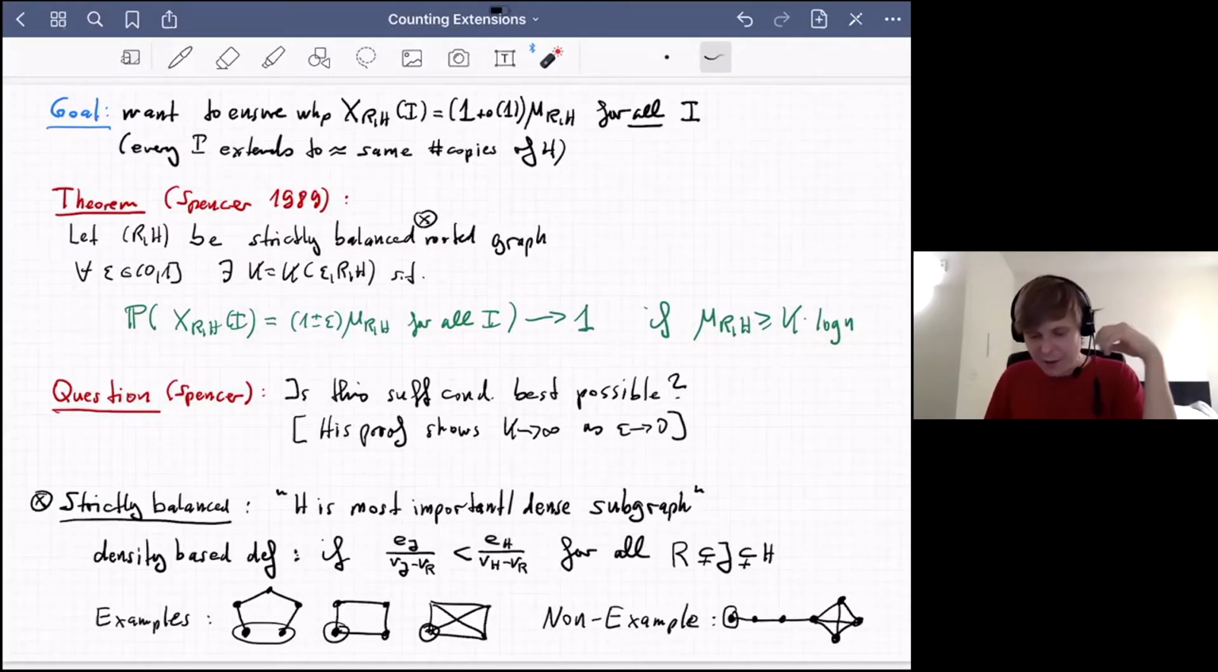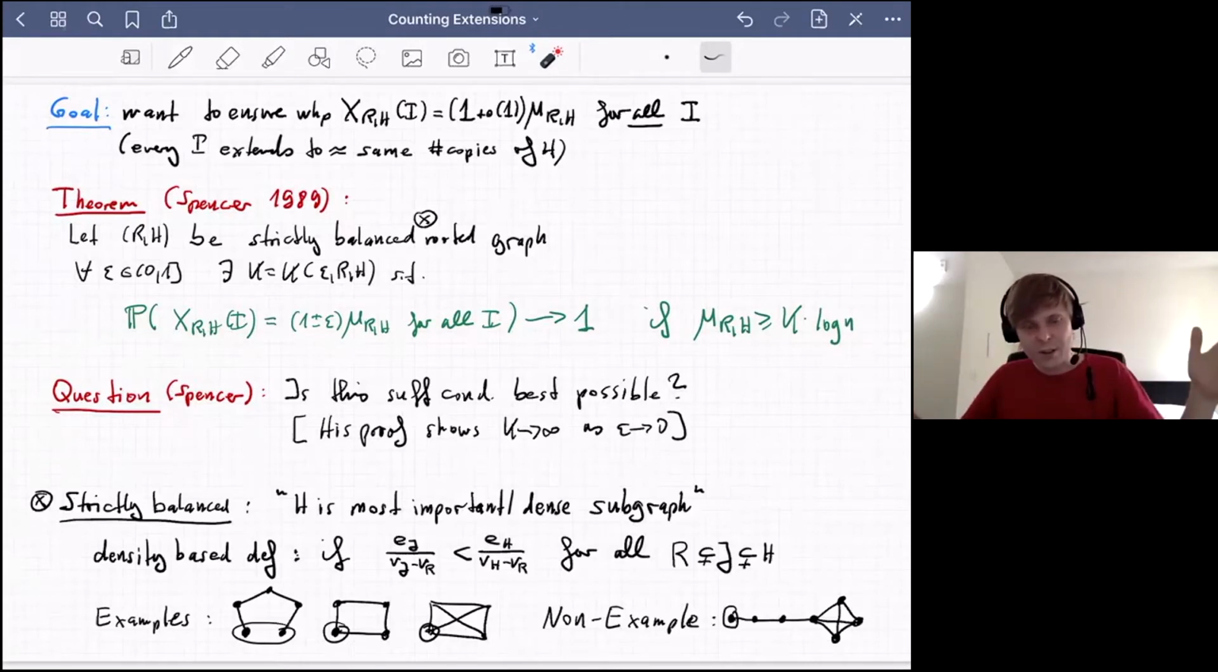He also has a sufficient condition in the general case, which, as I'll mention later, is not best possible. The answer there looks a little bit more complicated. Basically, what he does is he reduces the general case to the strictly balanced case, in the sense that he says, okay, if